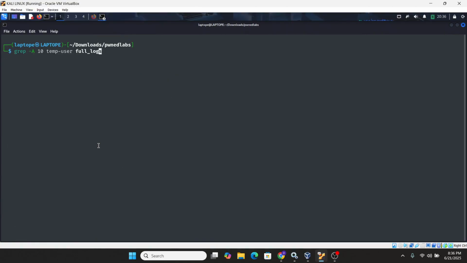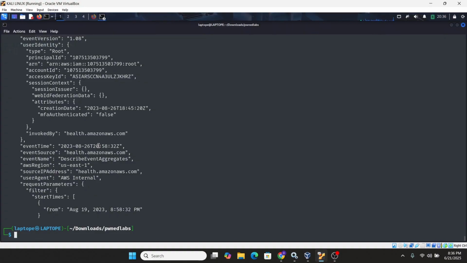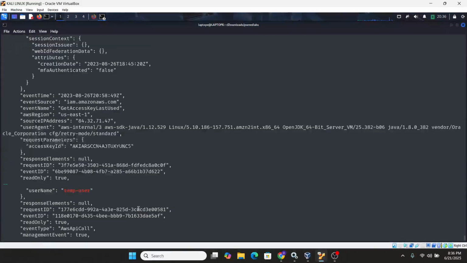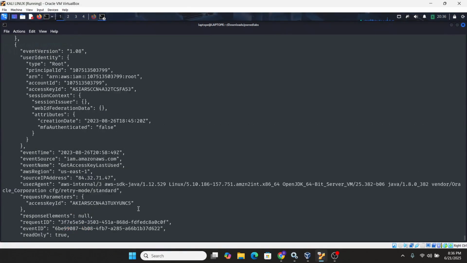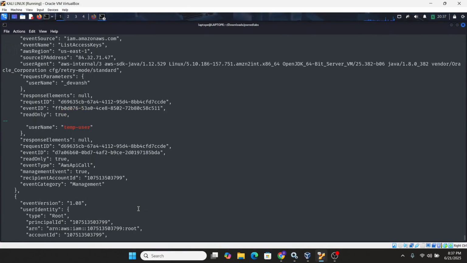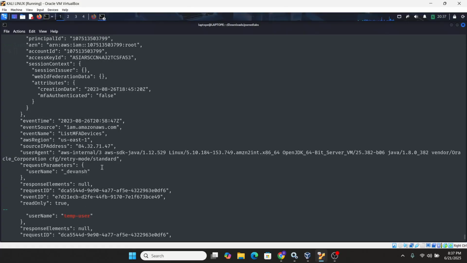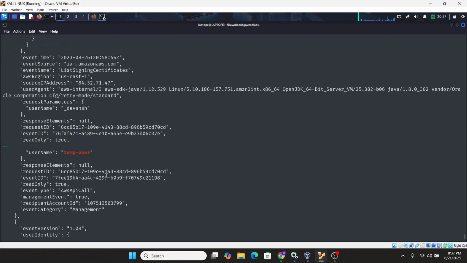Let's say printing out like 40. List MFA devices.